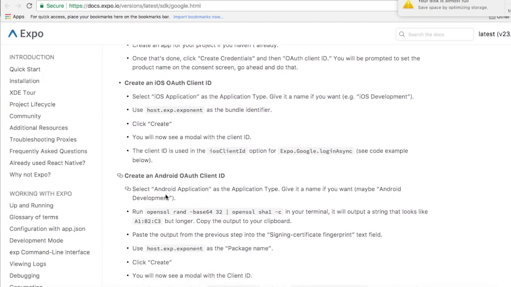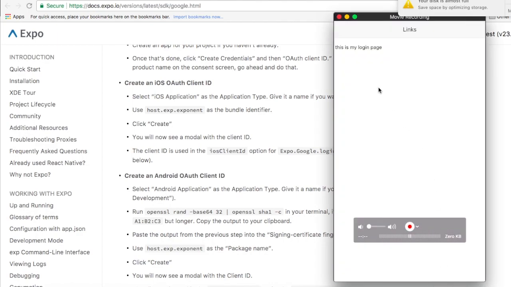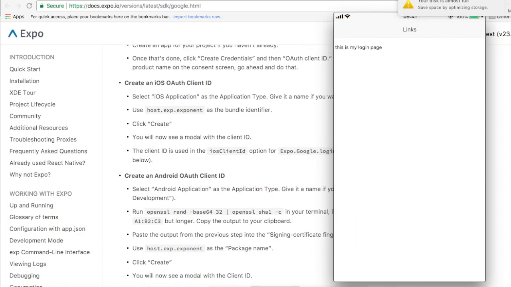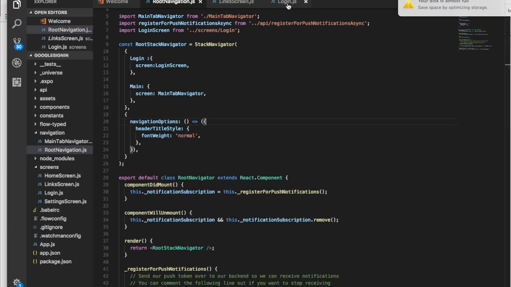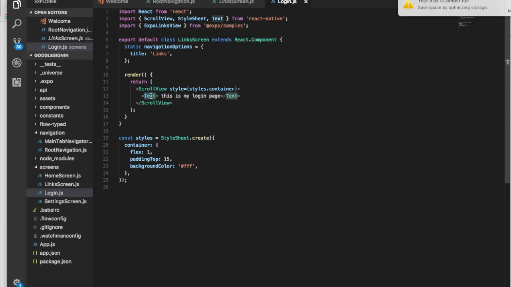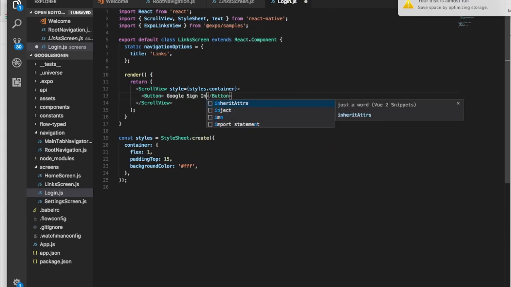So while we were waiting, the app has loaded. Right, let's see this. So this is my login page. So let's try to replace this with a button. So let's try to call this button, where is it? Links, login. Yeah, so let's try to replace this with the button. So Google Sign In, and this will have on press